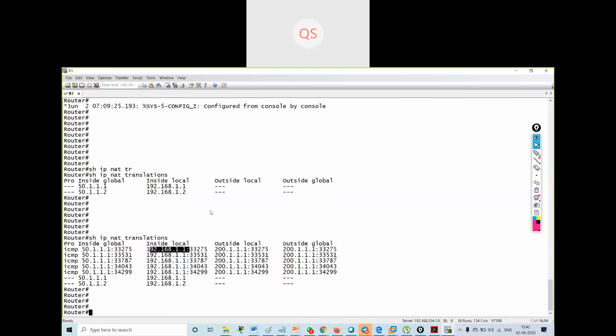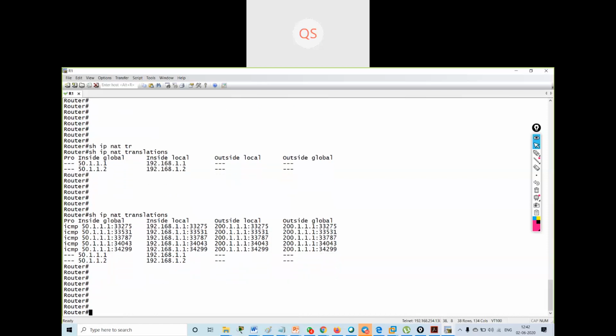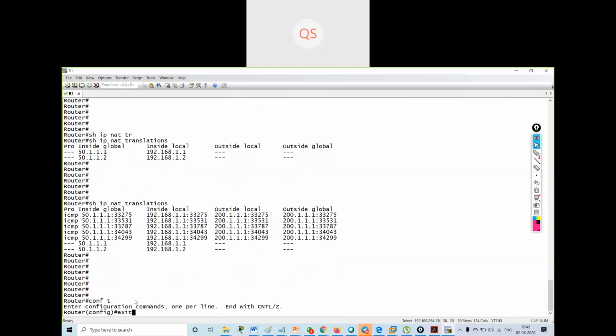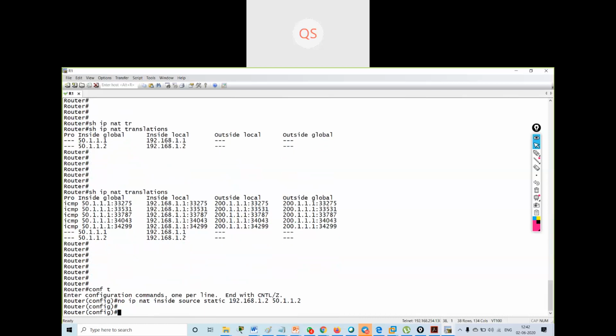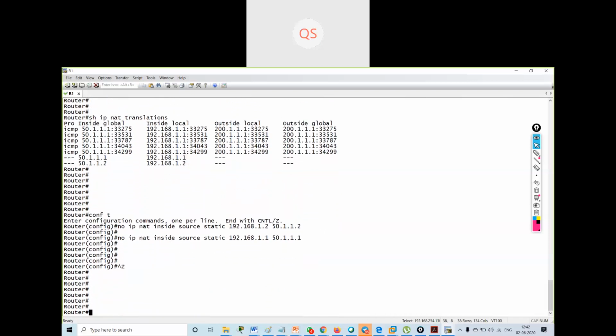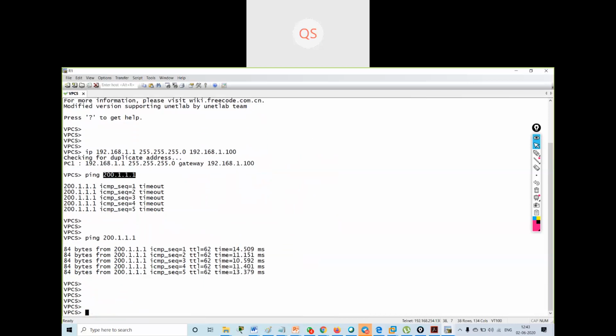Now we have configured static NAT. What we will do, we will remove this NAT configuration and configure dynamic NAT. No IP NAT inside, no IP NAT outside for this also. Okay, I've removed the NAT configuration.